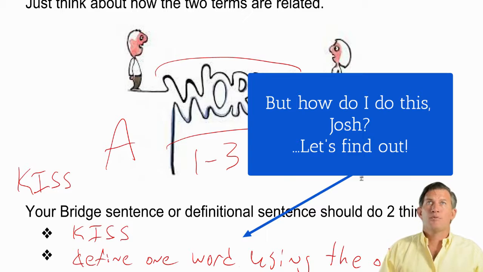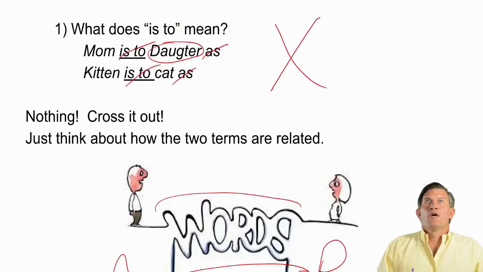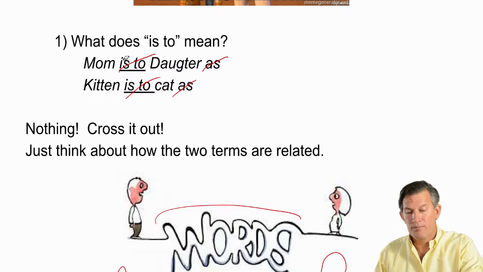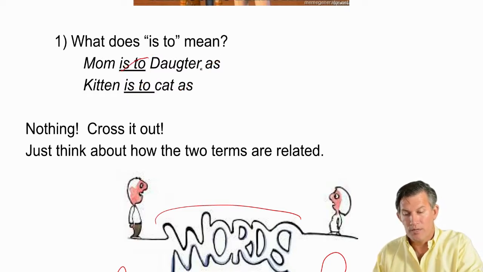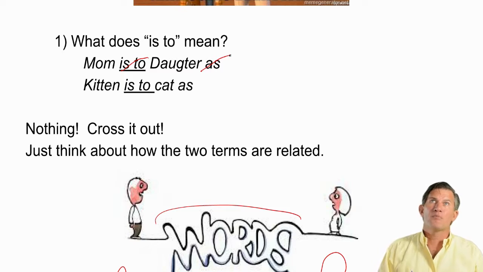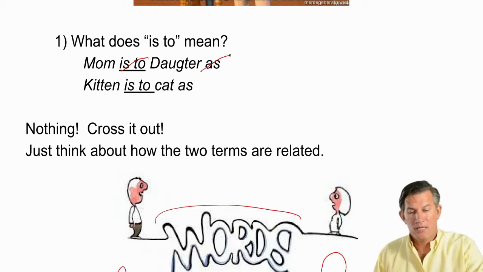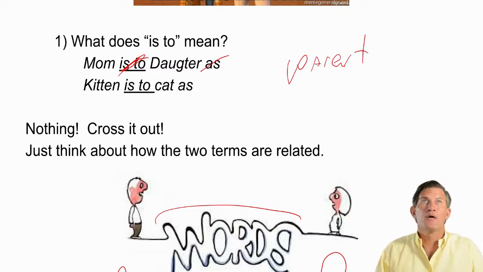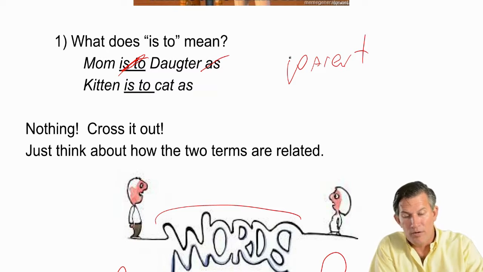All right, let's see how this would play out, okay? So you get to your mother-daughter thing, even though it's misspelled. It won't be on the test, hopefully. And you cross out your "is to" and your "as." You think of mom, daughter, daughter, mom. How are they related? Okay, mom is the parent. See, this relationship of 1 to 3 words is going to go where the "is to" came out of, okay? The mom is the parent of the daughter. Now, kitten is the child